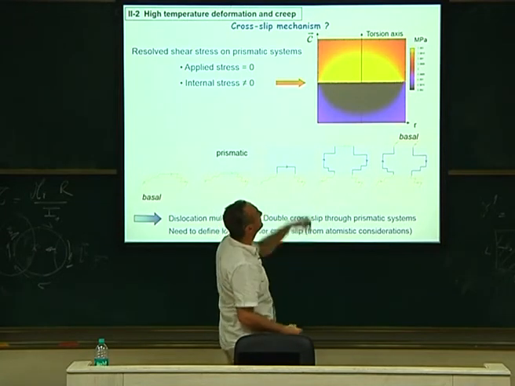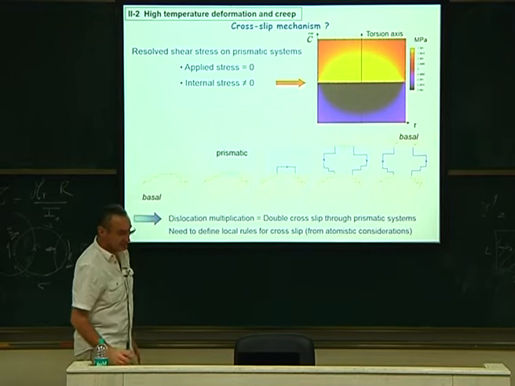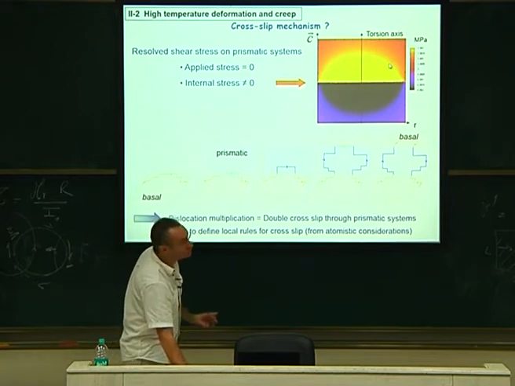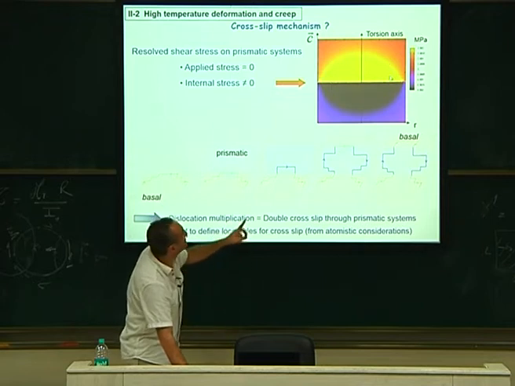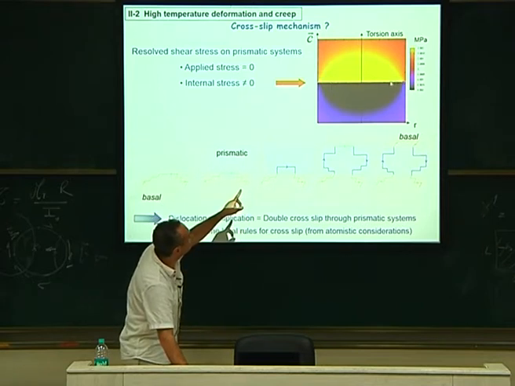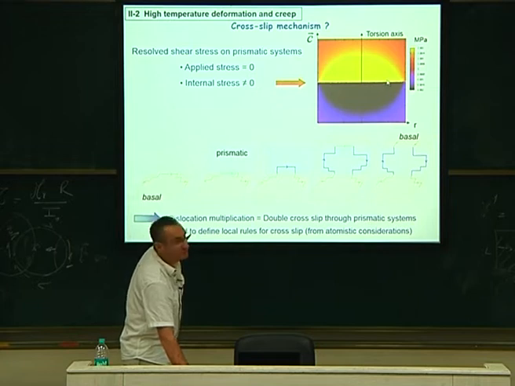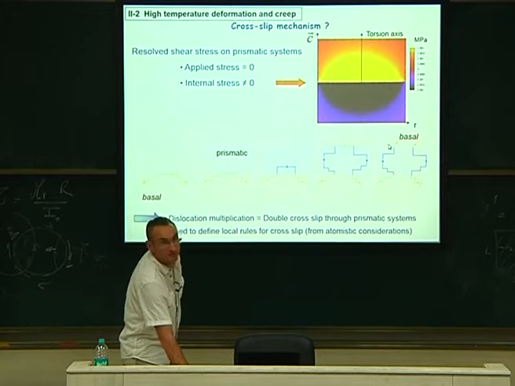Here I plotted the shear stress in this twist boundary, and you can see that this is the shear stress induced in the prismatic system. Exactly at the position of the dislocation, there is zero stress. There is a change of sign. Here it's very high, and here it's very negative. So here it's plus, it's minus, and this is plus. If your dislocations are here, they do not want to cross-slip, but if they are a little bit above, they will cross-slip a lot. If they are a little bit below, they will cross-slip a lot.